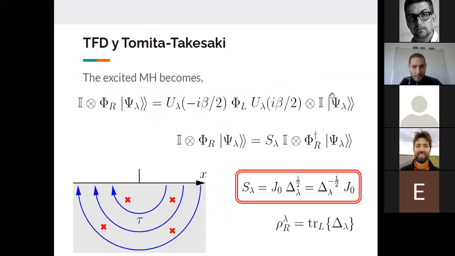Let me move on. So what I was telling you is, if you follow me by now, the excitation is trivial to see and trivial to make. One does this and then follows the map. The demonstration follows in an almost exact way from the vacuum. One is just replacing with delta and taking care of the order of the operators. But one can once again find this S lambda. This S lambda once again splits, but there's a very non-trivial result here,